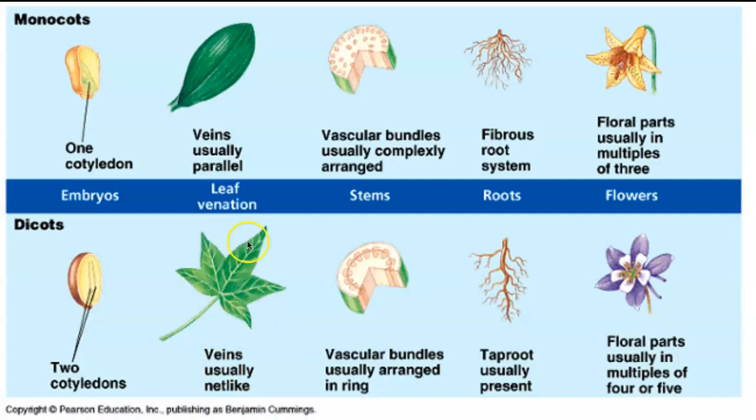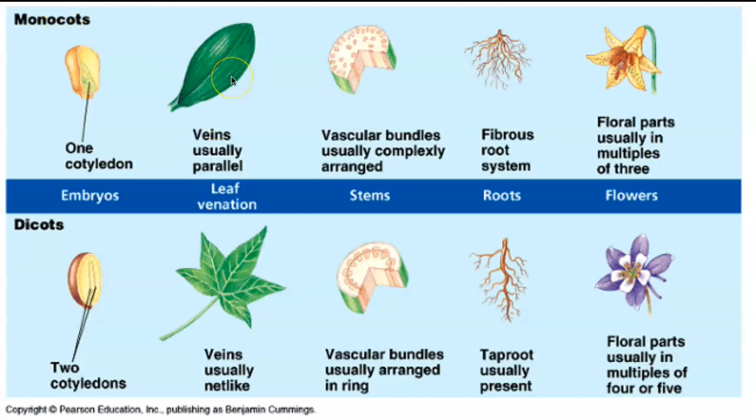Now, let's assume that this right here was just one leaf, and it had that one main vein coming off, and it had the little ones branching off, then that would be pinnate. Nonetheless, if it's palmate or pinnate, it's most likely going to be a dicot. If it has parallel veins, it's most likely going to be a monocot. So again, if you see something with parallel veins like grass, it's a monocot. Parallel veins like bamboo, monocot. Bamboo is a type of grass.